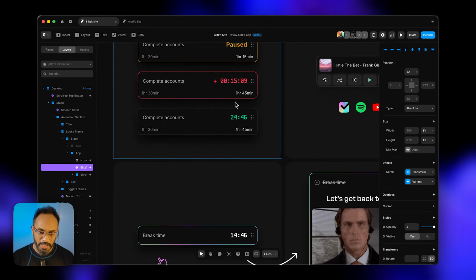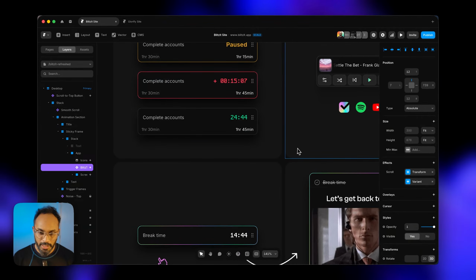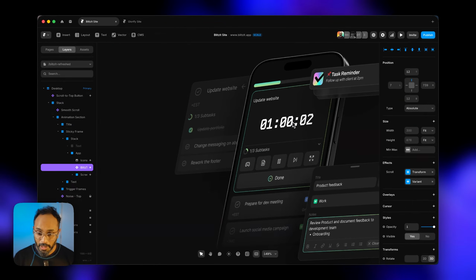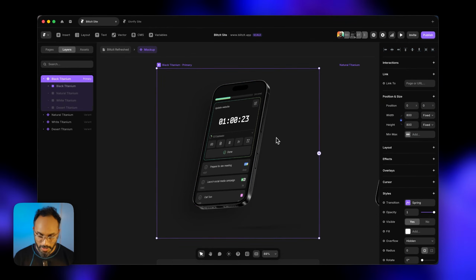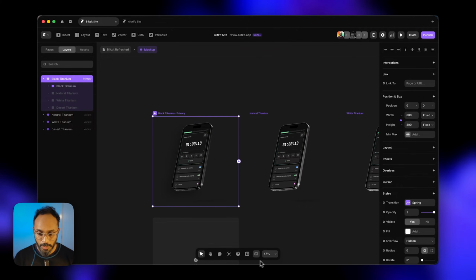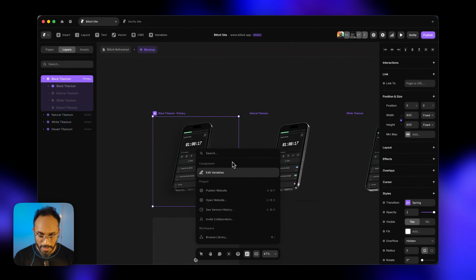So you can see the timer here, in this bit over here for the Pomodoro, the break time timer, and essentially even in the mobile app, I'm using it inside of this component. So in fact, I'll open the iPhone component so you can see our Figma Mockups product, which again, in the plugin marketplace, if you type,